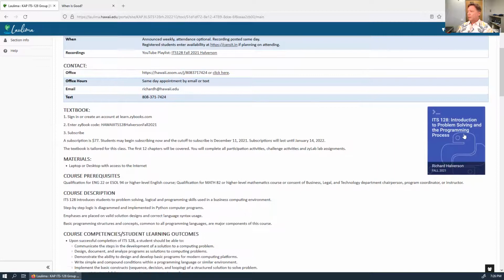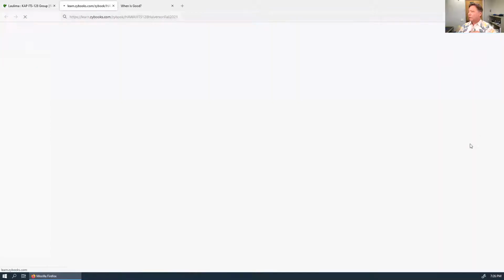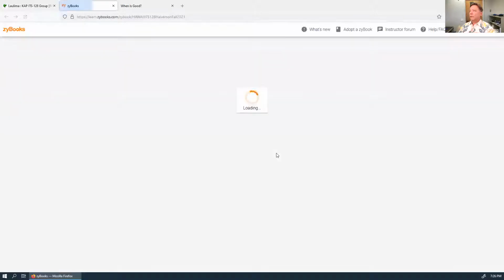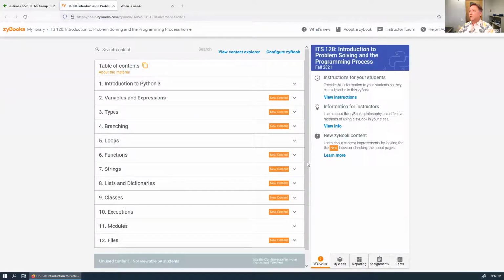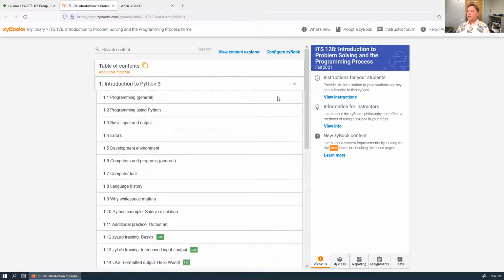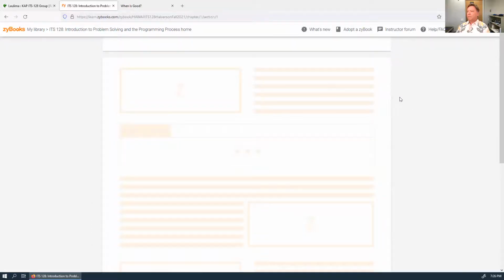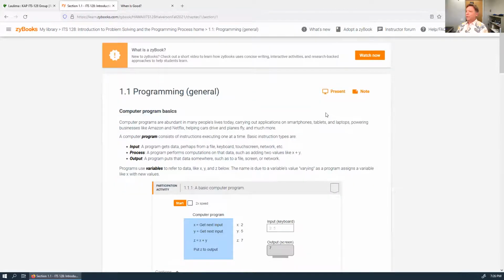This is the textbook, and you have to go to learn.zybooks.com to sign up for it. It's $77. It lasts for the semester, and we're going to cover 12 chapters. If you click here, you can see what it looks like. I've already signed in, but it looks like this, and there are 12 chapters, and in each chapter you go through these